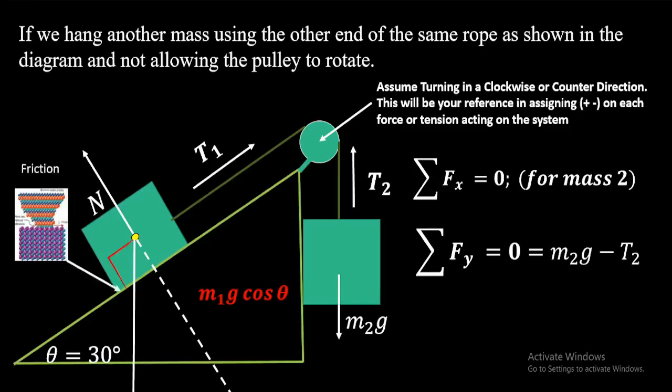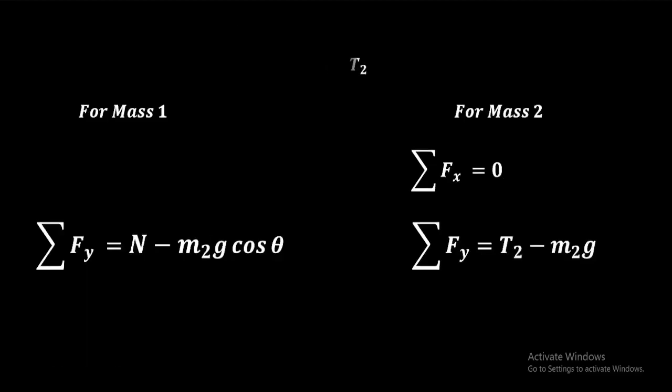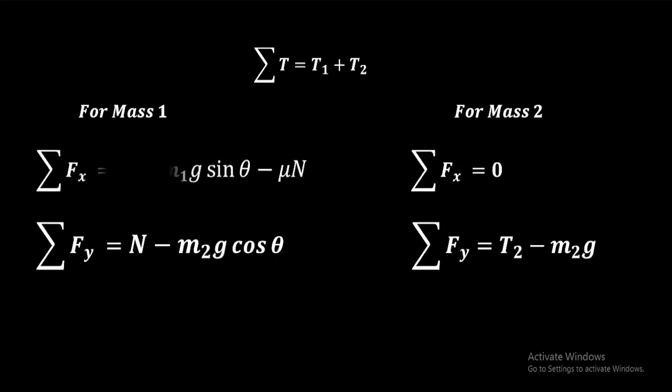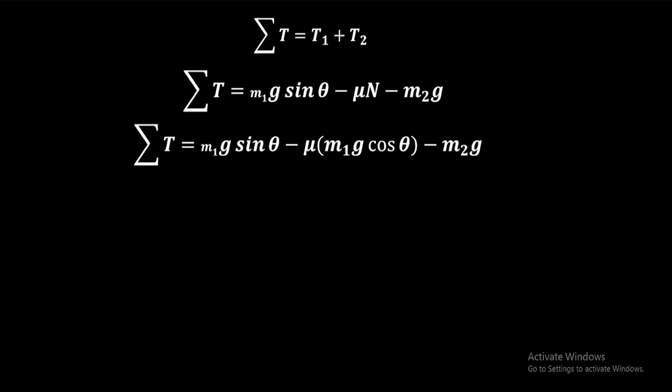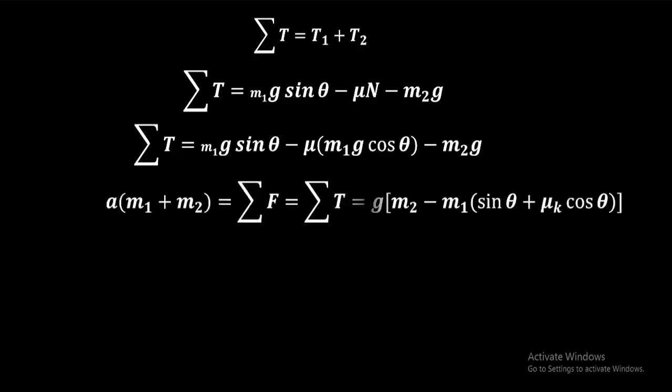Consider the presence of friction along the inclined plane. The sum of all the tensions in the rope is given by. The sum of all the forces along the inclined plane for mass 1 is given by. And the rest of the equations are still the same. We see that the acceleration of the objects is equal to